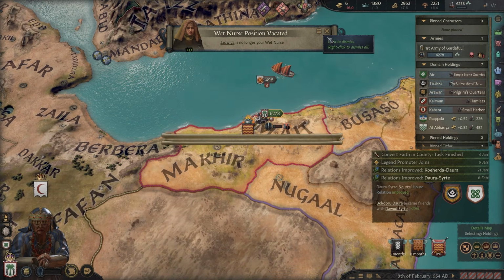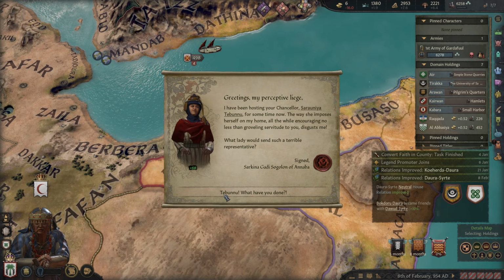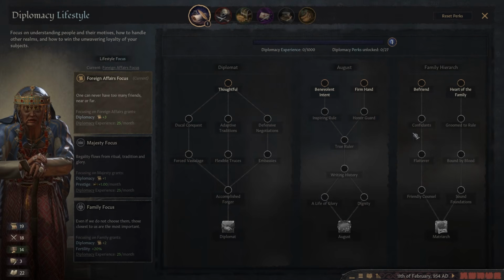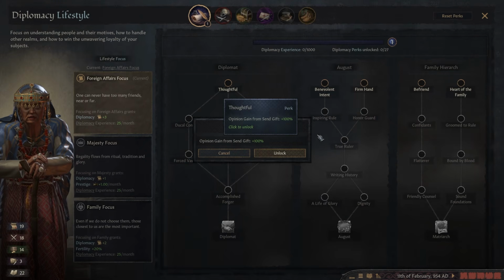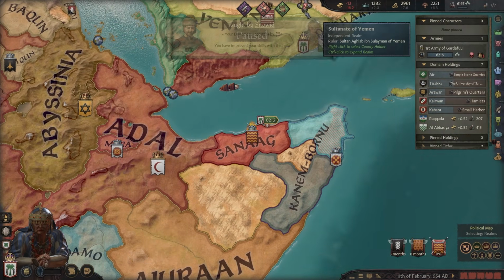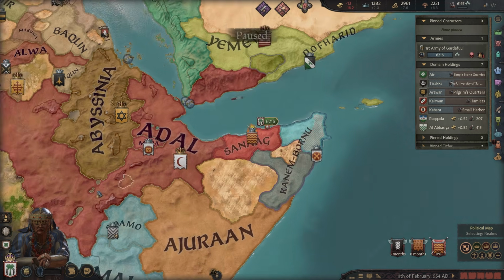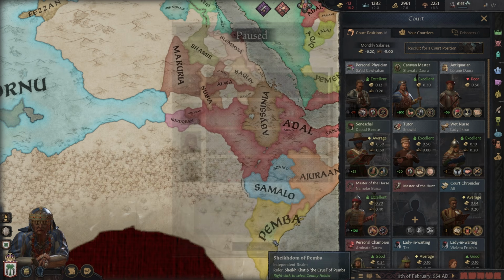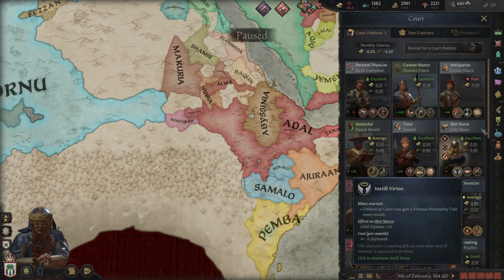Okay, well, on the positive side, they're not going to cost me too much money in a second. Managed to convert some faith, and I've managed to get a diplomacy thing. So let's grab thoughtful, even though I probably don't actually need diplomacy right now. So I need a new wet nurse. That's going to be my champion. You're going to instill virtues.